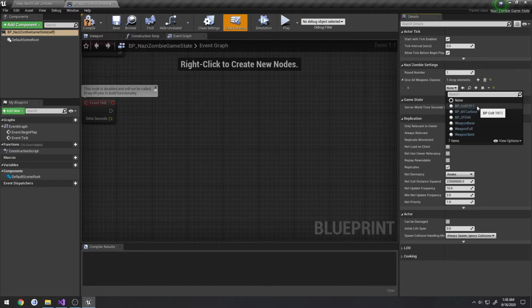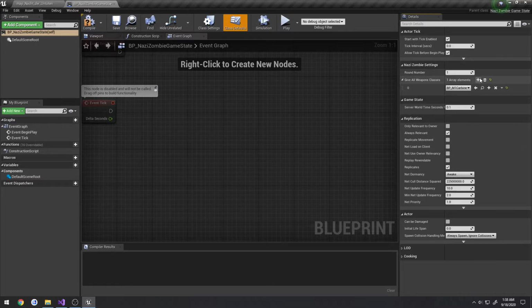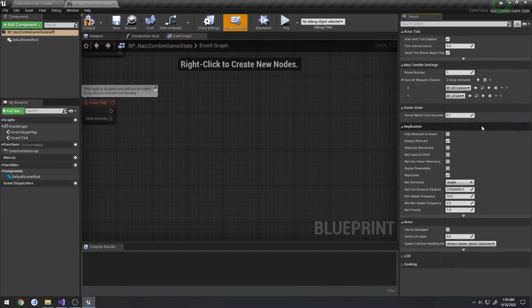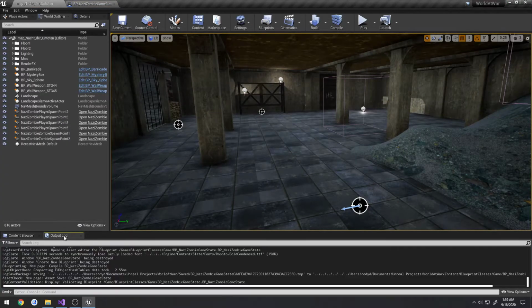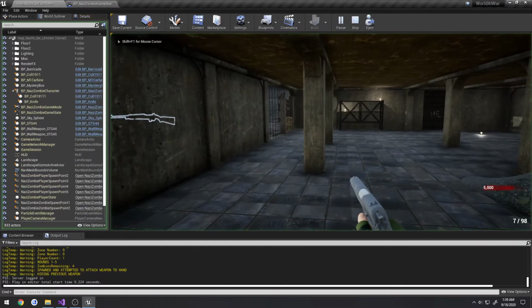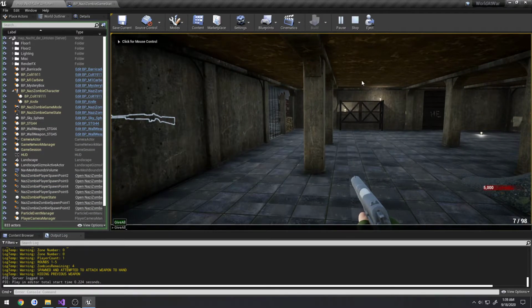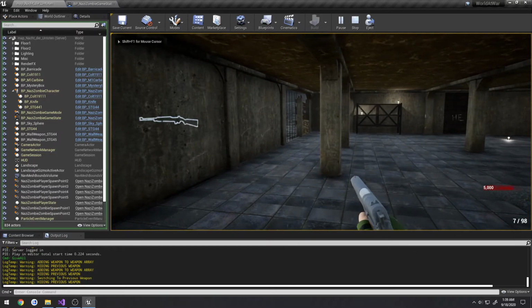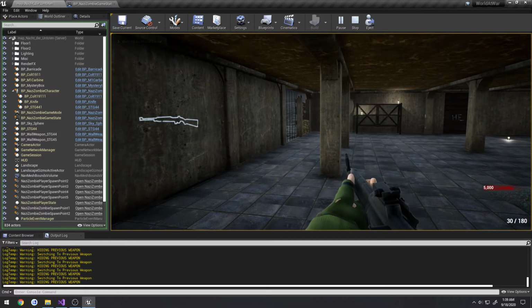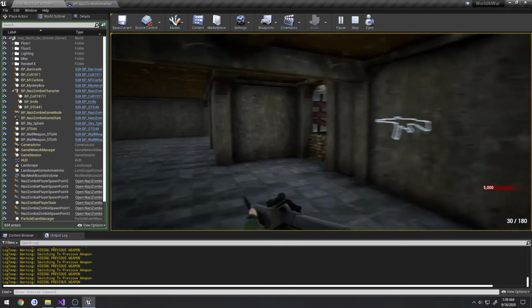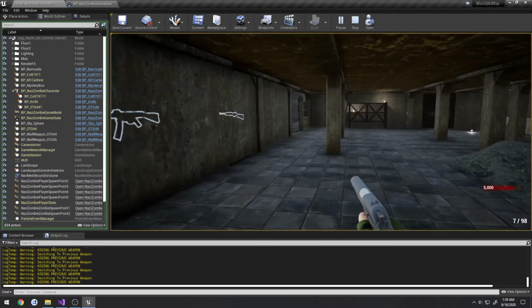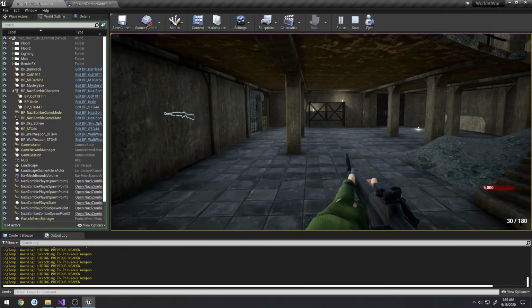First element's going to be the M1 carbine. The second one's going to be the STG. Compile, save. Try it again. So give all. Now we have. All right, so we do have an issue. It's technically working,